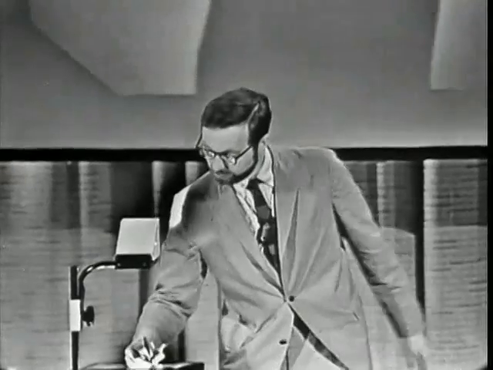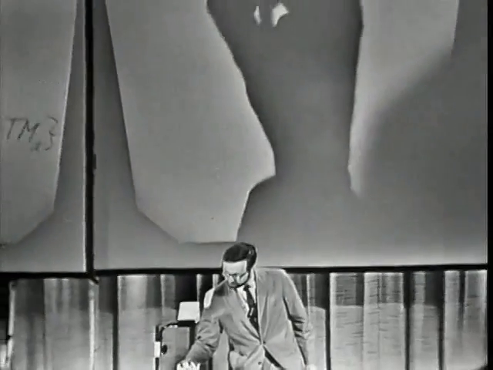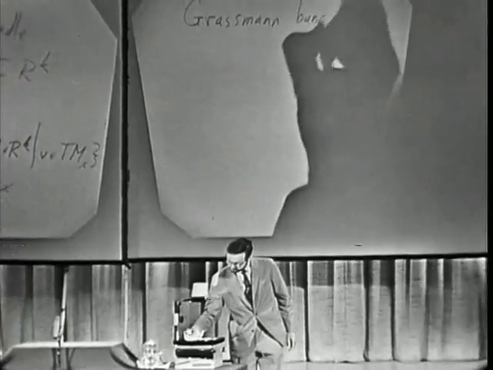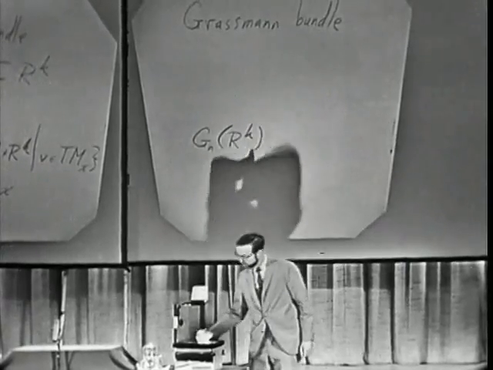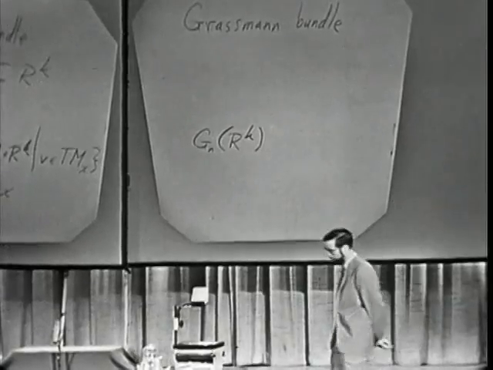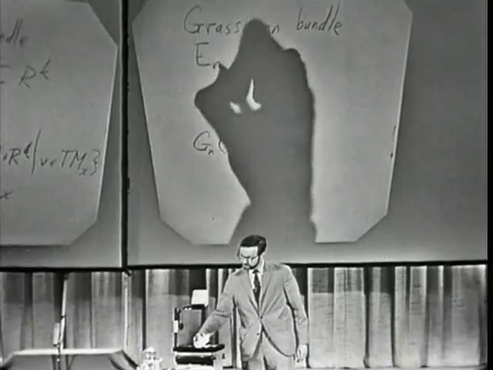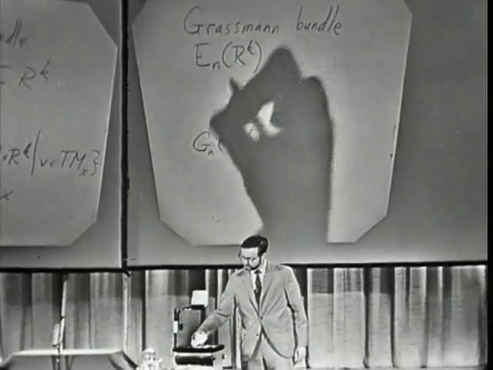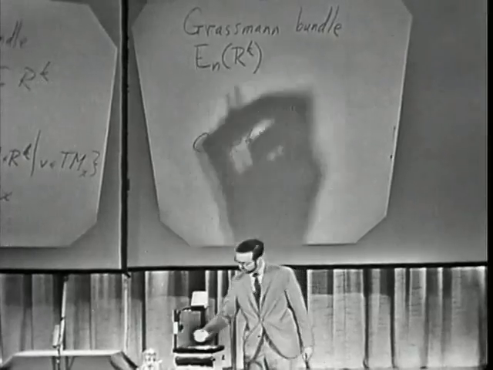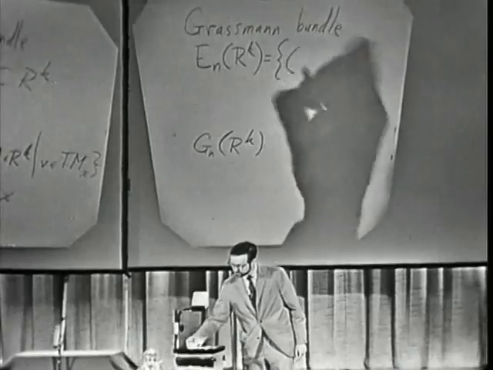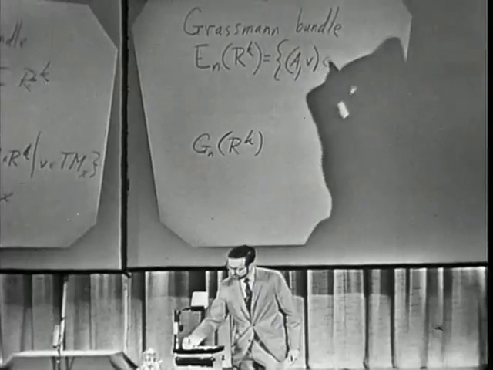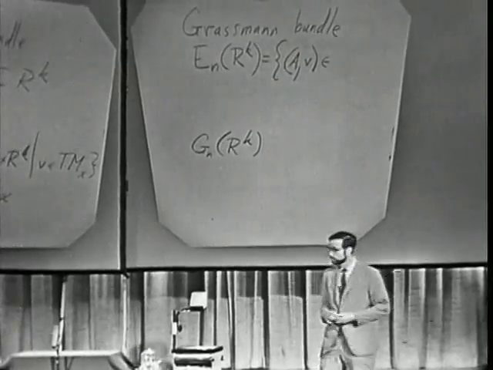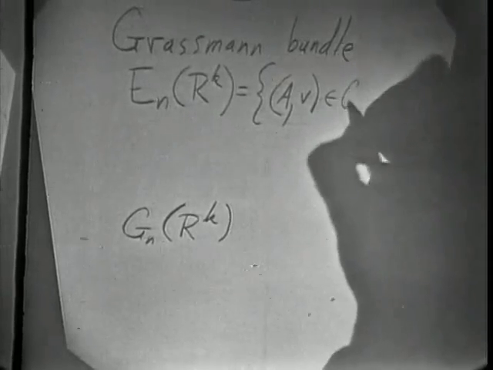And here is another important example, namely the Grassmann bundle. Here, the base space will be our Grassmann manifold, which we think of intuitively as n-planes through the origin in k-space. And the total space, E^n of R^k, will be defined as follows. It's the set of all pairs (A, v), where A is again a symmetric idempotent matrix with trace n, so A is an element of G_n of R^k,